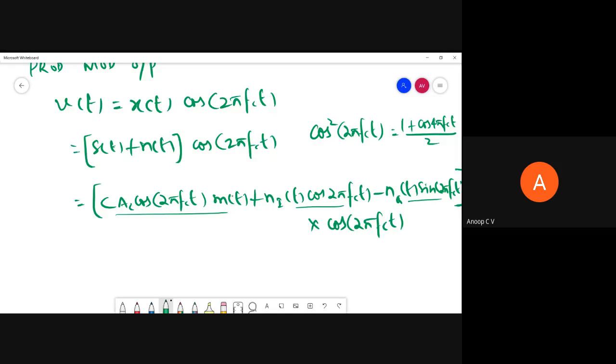Again, we have Ni of t cos 2 pi fct times cos 2 pi fct. This again gives cos square 2 pi fct, which will be half plus cos 4 pi fct by 2. Then we have sin 2 pi fct times cos 2 pi fct. What is sin theta cos theta? 2 sin theta cos theta is sin 2 theta, so this will be half sin 2 theta. So if you apply all these results, then we will get V of t to be equal to,